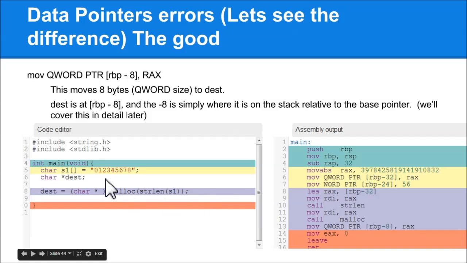let's see exactly how this manifests in assembly. And so the purple here correlates to the purple here. And this is going to move, since it's being used properly, and we have it declared as a character pointer, okay? It's going to move 8 bytes to the destination. And it's important to note that if you see something like minus 8 here, that has nothing to do with the 8 bytes that are being moved. That's simply just in reference to the base pointer for the stack frame. So